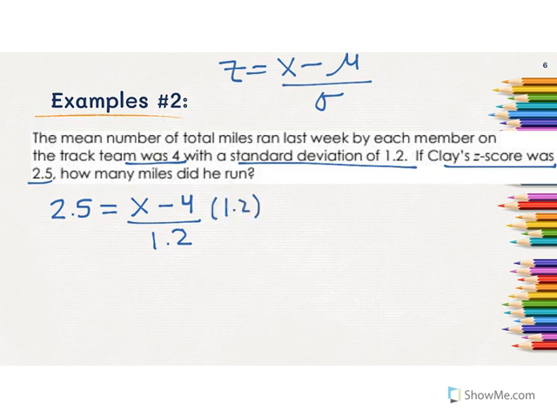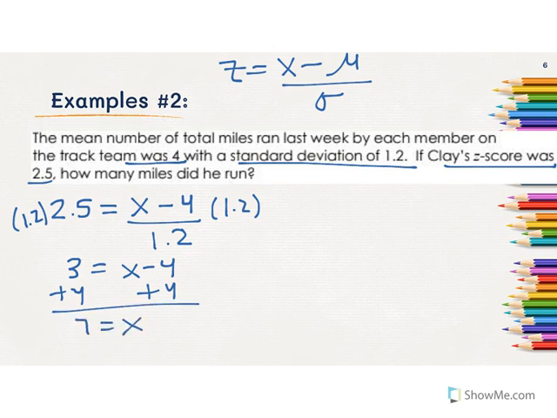Now I have to solve this equation for x. I'm going to multiply both sides by the 1.2 to get out of that fraction. When I multiply both sides by 1.2, I get 3 equals x minus 4. Now I still have to get my x by itself, so now I have 7 equals x. So what this data value actually means is that our runner, Clay,